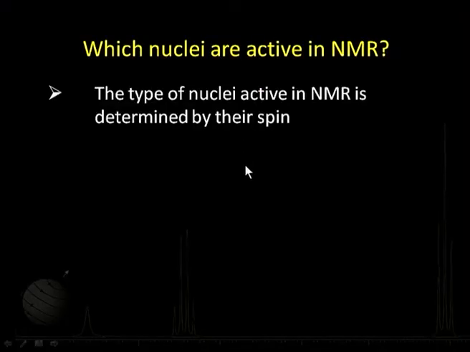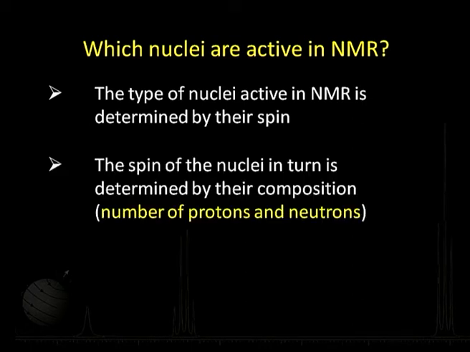Let's see, I can put the question differently, that is, which nuclei are active in NMR. The types of nuclei which are active in NMR are determined by their spin, and the spin of the nuclei is determined in turn by their composition, because like we have atomic structure, we have nucleus, there are different shells wherein electrons are there. Similarly, the nucleus also has a structure, wherein there are different kinds of models for nucleus structure. We are not getting into that, but what's important is that in the nucleus we know there are protons and neutrons. These again are arranged into different energy levels. So the composition and how they are distributed into those shells determines their spin quantum number.